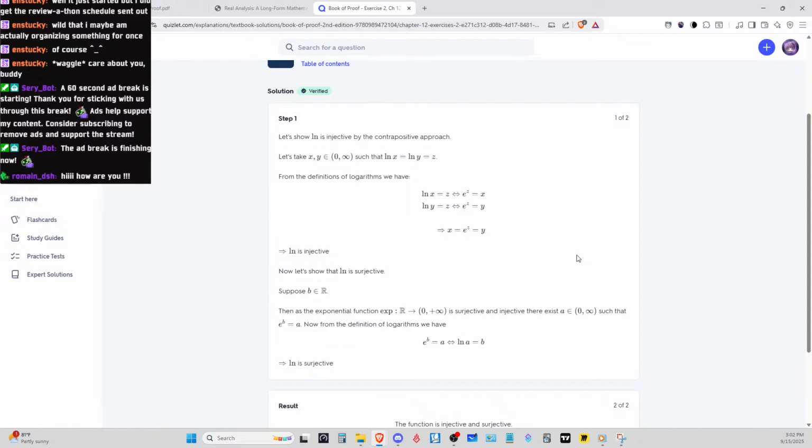So the way they wrote it was, let's take x and y as elements of such that they're equal to z, and by definition then x and y would be equal to, okay. I'm guessing the z is supposed to be any type of construct or any element. I think what we did for B was